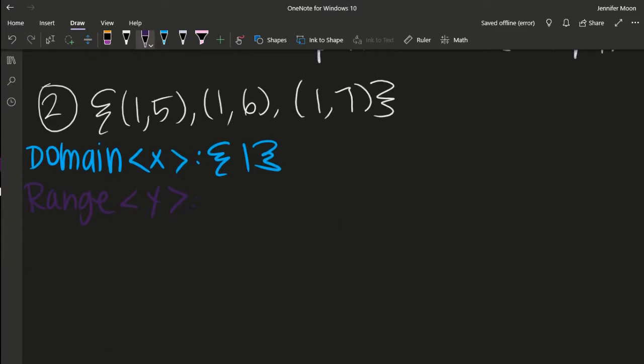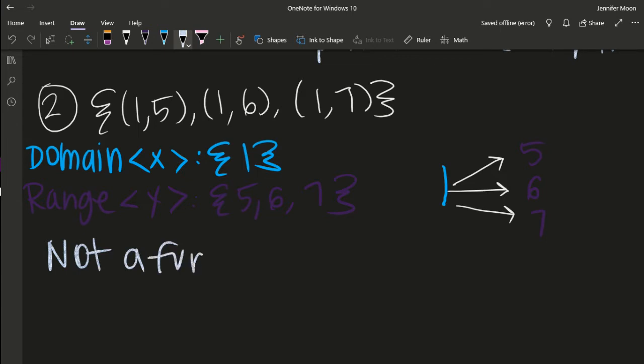Our y values are 5, 6, and 7. So what this is telling me is that my 1 is being mapped. My input has all of these different outputs. So because my input does not have one output, or my x does not have one y, you could say this is not a function. Okay,